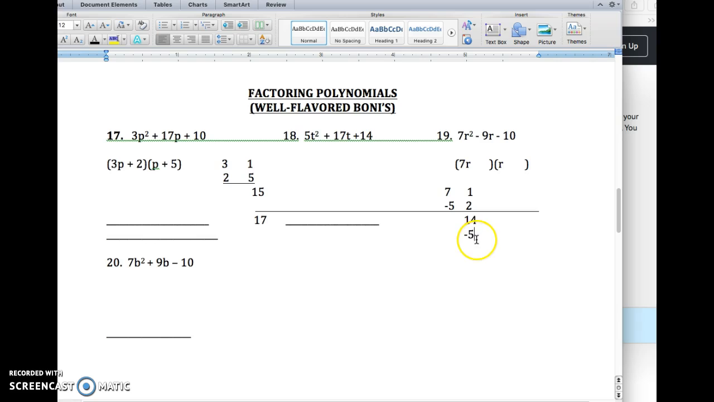So 14 minus 5, that's going to give me a 9. 9 goes here. Is that what I want? Almost. I want a positive 9, or rather, I want the middle term to be negative 9. So not to worry. All I need to do is switch the negative 5 and the 2. And when I do, 2 is here, negative 5 is here. When I switch it, it's going to